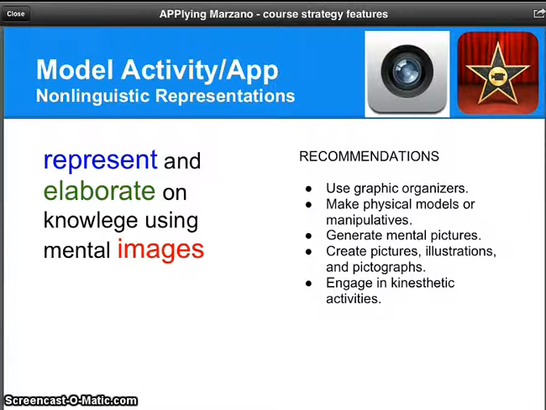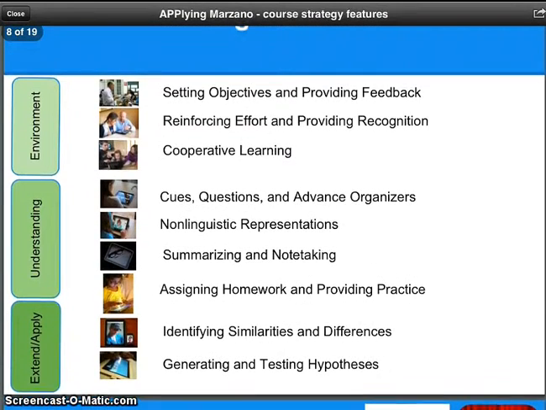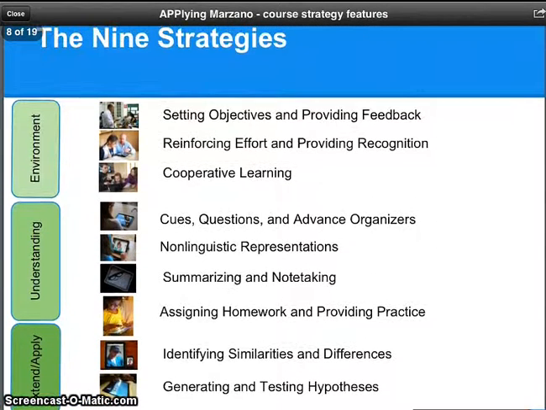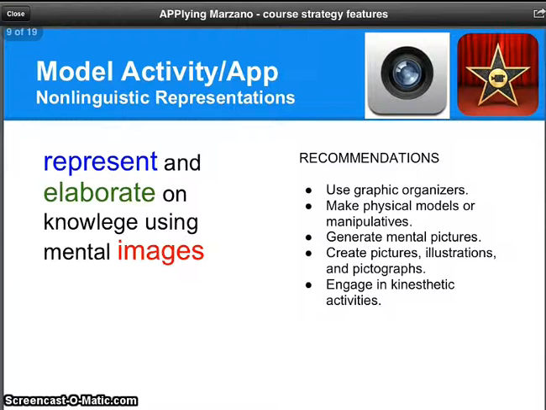Hey everybody! In this video we'll learn about the non-linguistic representation strategy, and we'll also take a look at iMovie as our demonstration app. Just as a reminder, non-linguistic representations falls in the second category of our nine strategies, and that's developing understandings. And the real focus of this strategy is looking at